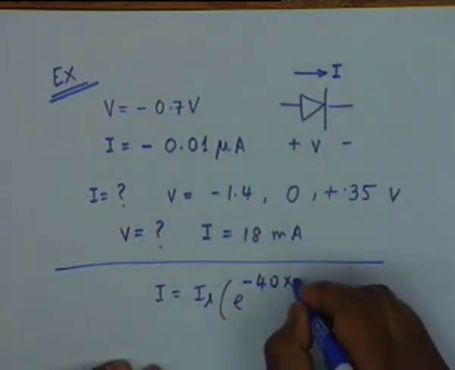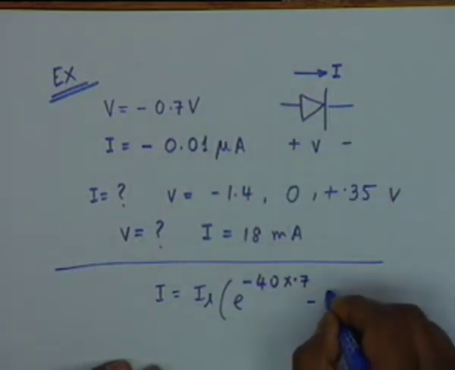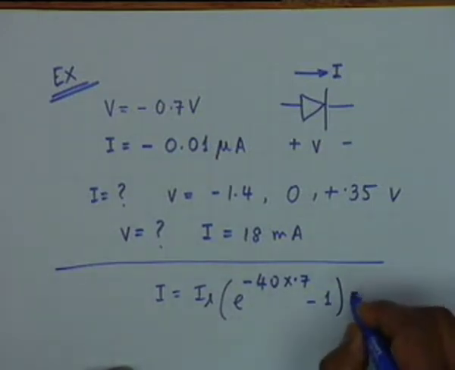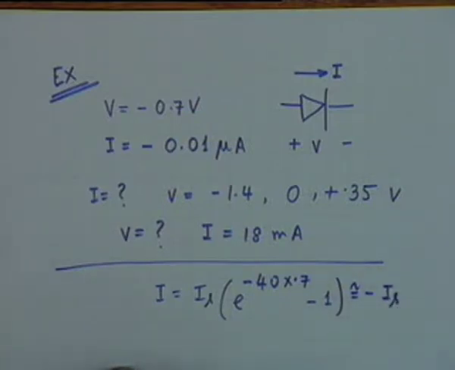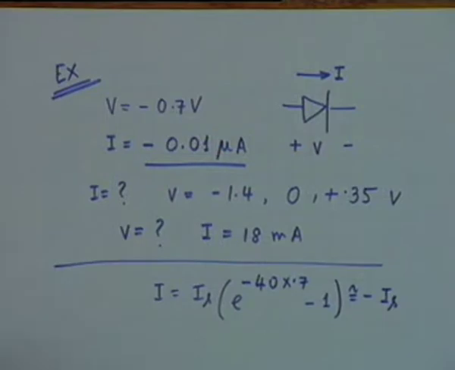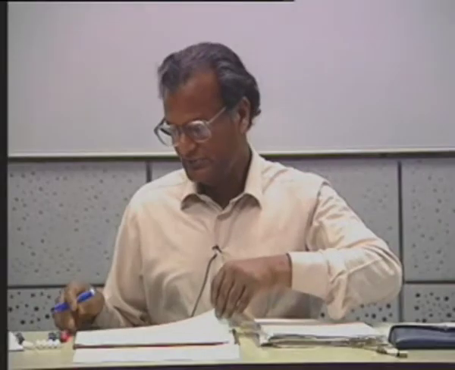Because the voltage is negative. You see this becomes e to the power minus 28, and e to the minus 28 can be ignored, and therefore this is approximately equal to minus Is, which means that this current 0.01 microampere is the value of the reverse saturation current, and therefore our equation becomes